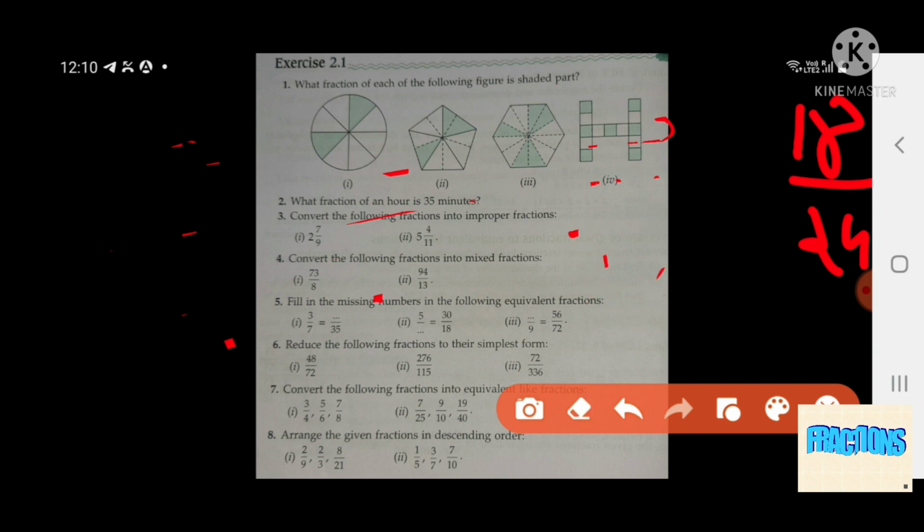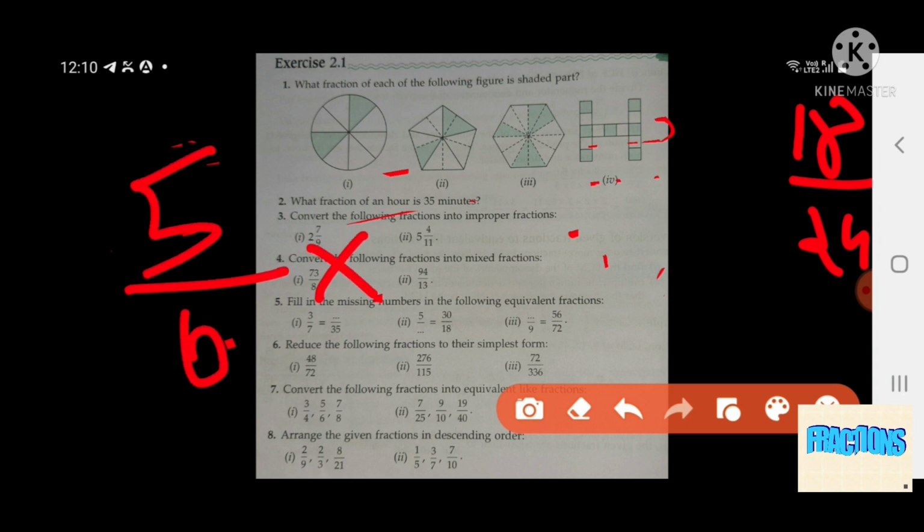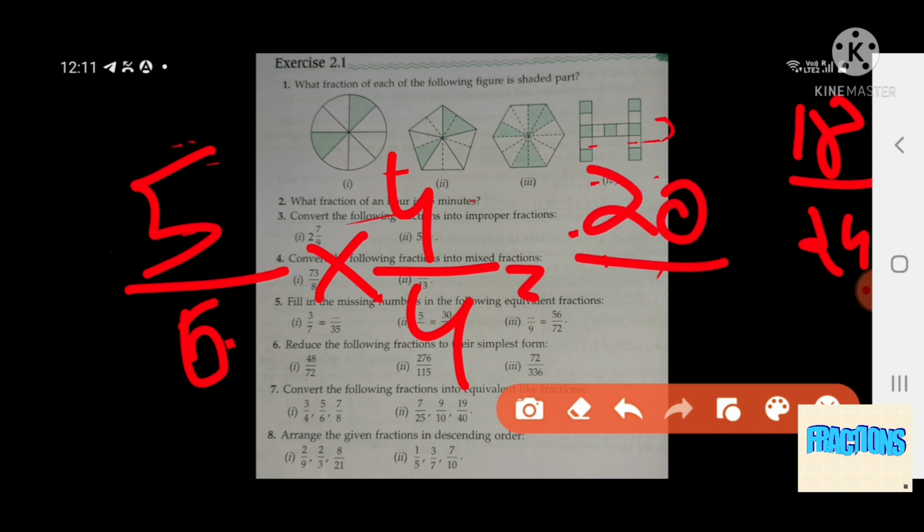Now we have removed it. So now the next is 5 upon 6, multiply by 4 upon 4, equal to 20 upon 24. We are writing it here again, 24. Okay, now we will remove